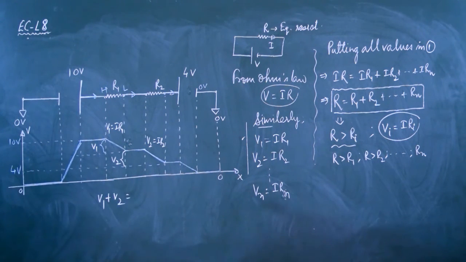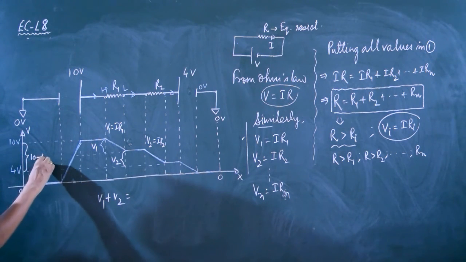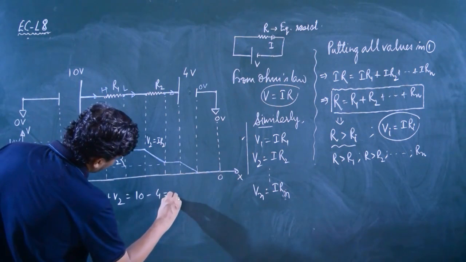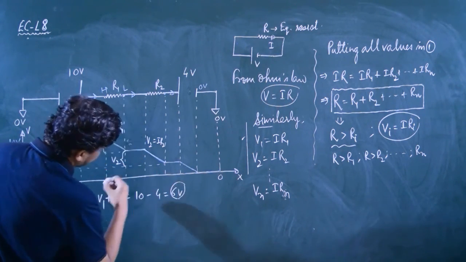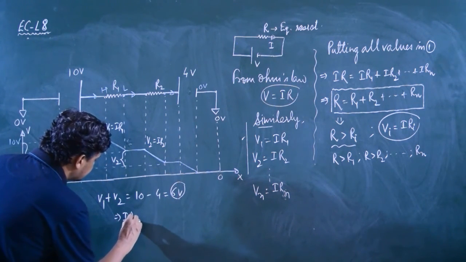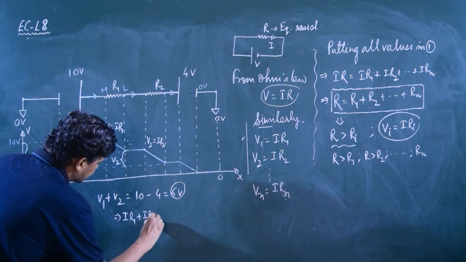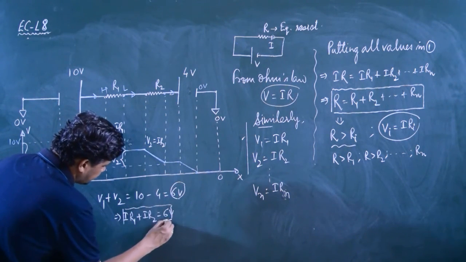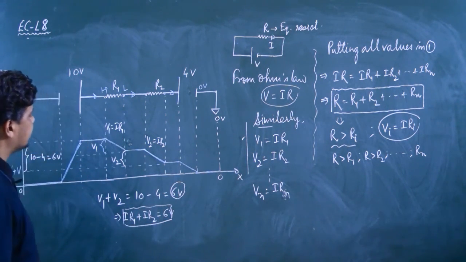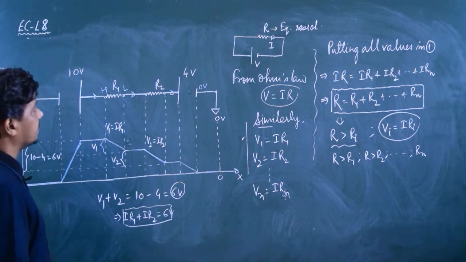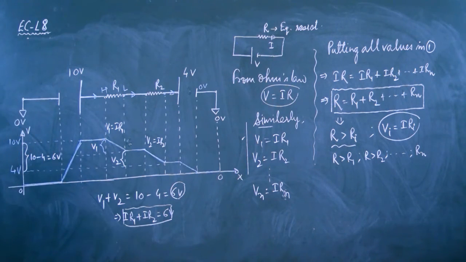And from this graph, this V1 plus V2 is this gap. This gap is 10 minus 4, that is 6 volt. That means IR1 plus IR2 here is 6 volt, 6 units. Okay, if the resistances are defined, then you may easily get the value of the current flowing through the circuit. Okay,